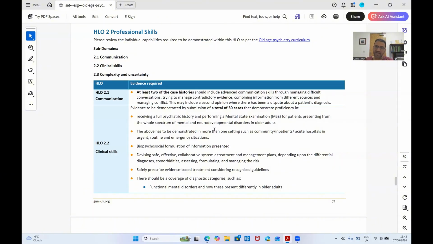When you think of the organic element, make sure that you're including a case of delirium, where there is a significant physical mental health interface. You're including that. You're including obviously different types of dementia: Alzheimer's, vascular, mixed, frontotemporal. And